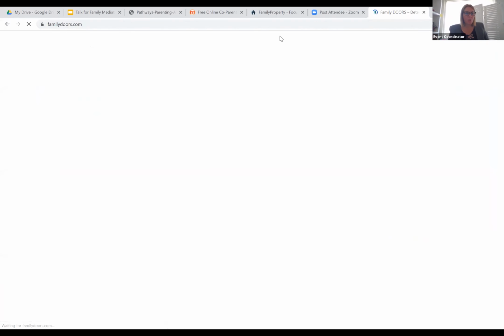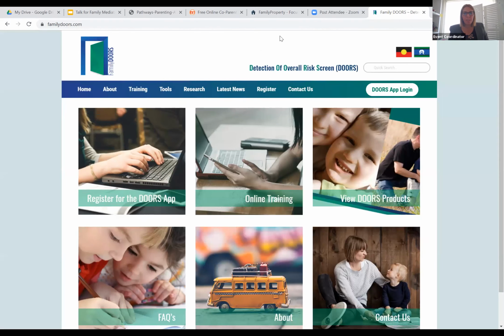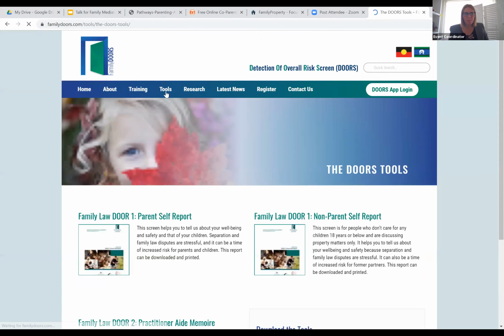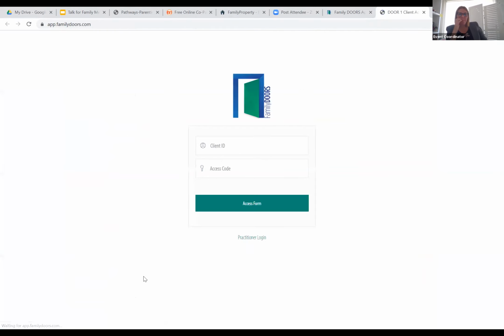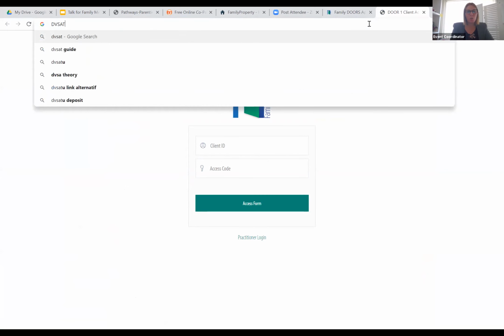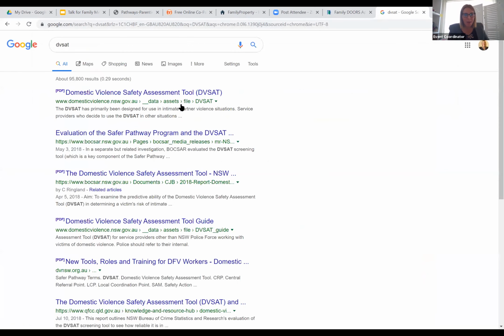It's a free tool that you can use, the DOORS tool, Family DOORS app, and you can log in and register, and you can then send a secure link to your client to complete the online questionnaire.